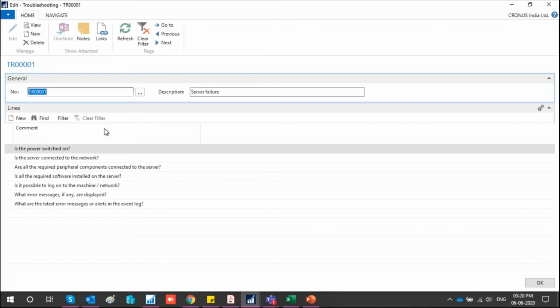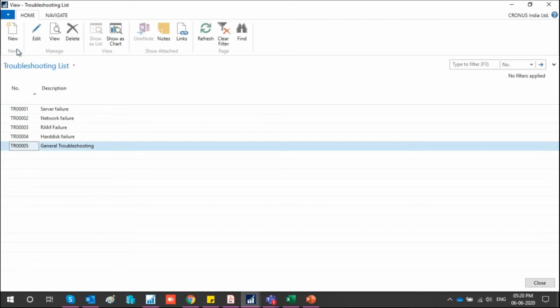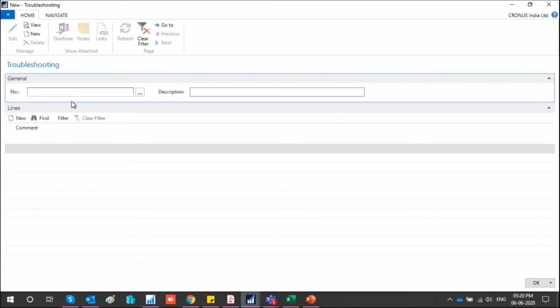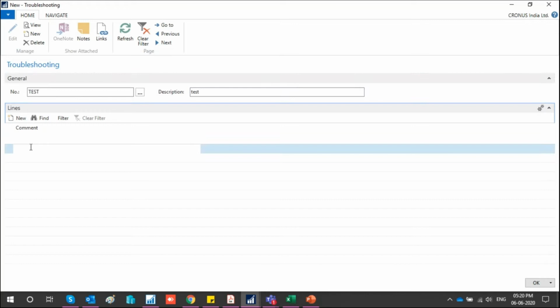When this troubleshooting is assigned to a particular service item or a particular service group, then automatically when you as a person start your service on that, you can click on troubleshooting and you can see that these are the troubleshooting guidelines which I first check. These troubleshooting guidelines you can simply define. You just click on new and you can type anything, let's say I'll put test, simple header and line, nothing else, and you can add the document test description. So simply you can type here and you can prepare your troubleshooting guideline.